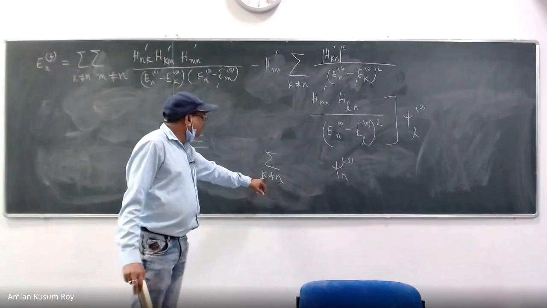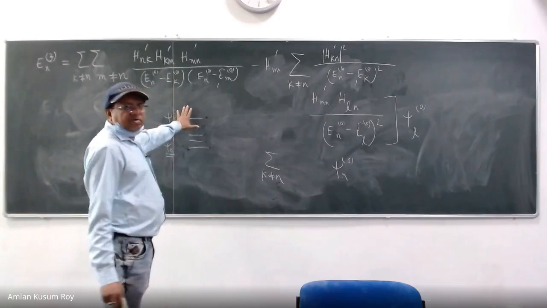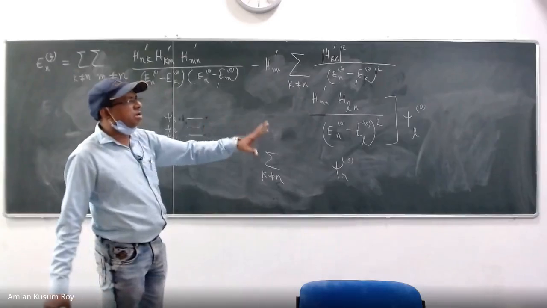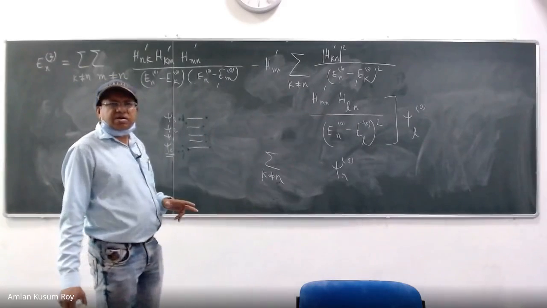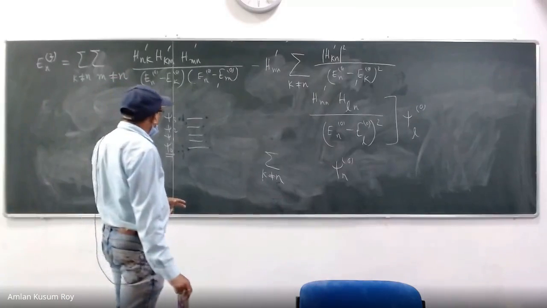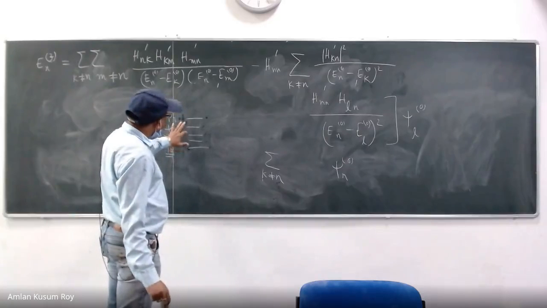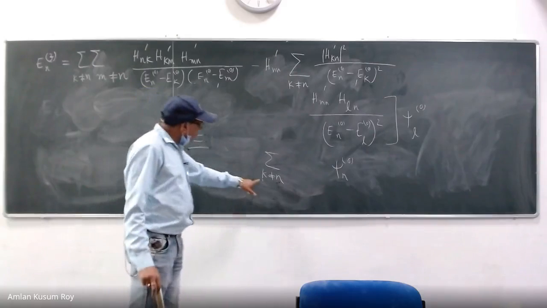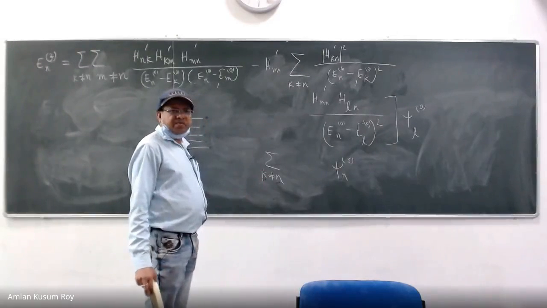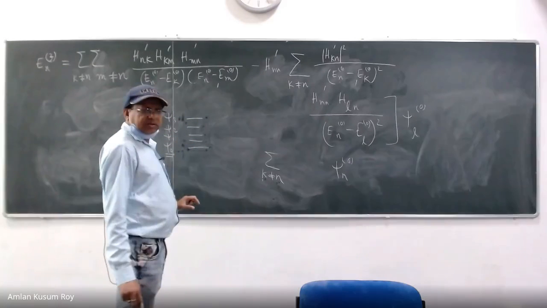So understand that k not equals to n means all the other states. Suppose in this particular case I have 5 states. In fact, we will work out some details about the 2-state problem, which is a very important problem in a lot of physical things today, especially in quantum optics etc. But suppose I have this 1, 2, 3, 4, 5 level problem. So I have 4 states which can take the index k, but not n equal to 0, because I am applying the perturbation theory to the ground state. All right, is it clear? Okay, sir. Yes, sir.